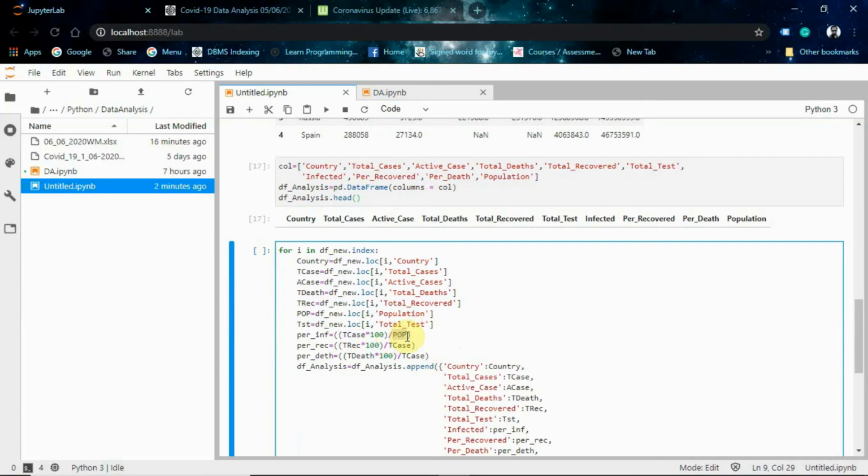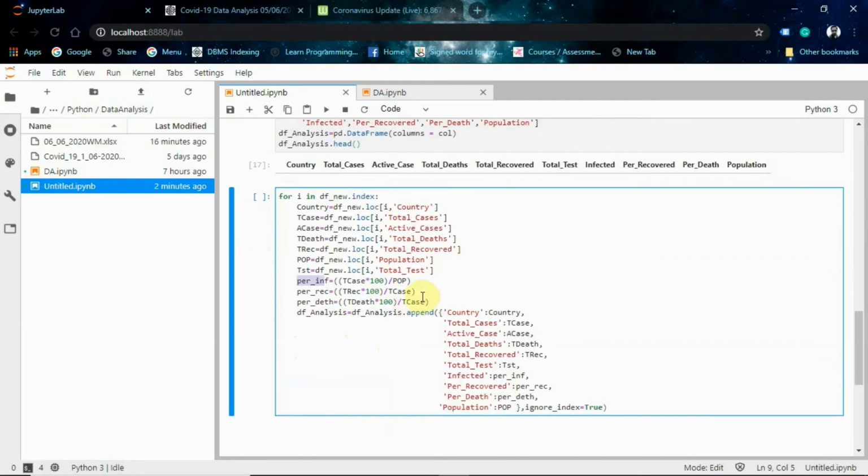It will tell us what percent of USA is infected by this virus, and we will store this data in per_inf, right? And in the next line we will calculate the percent of recovered and the percentage of death, right?